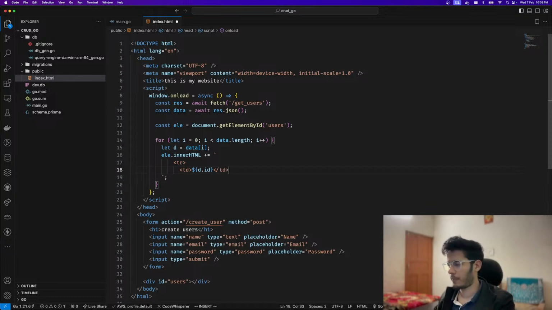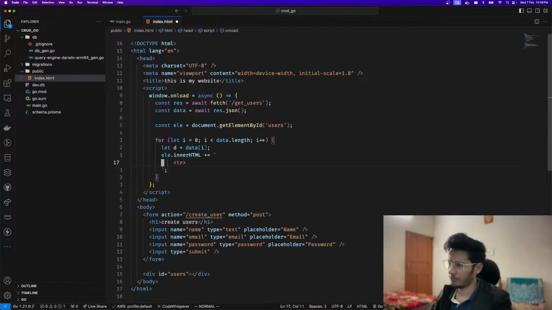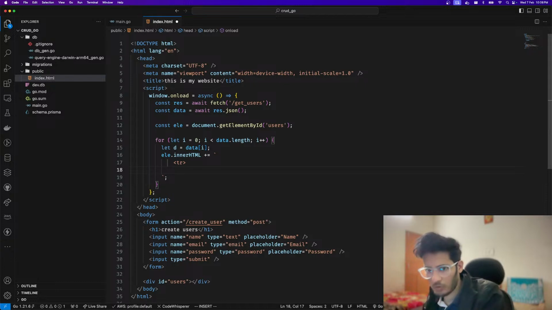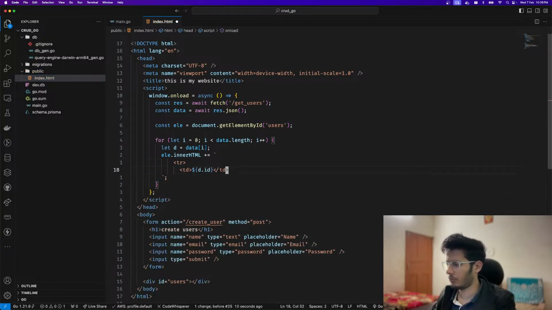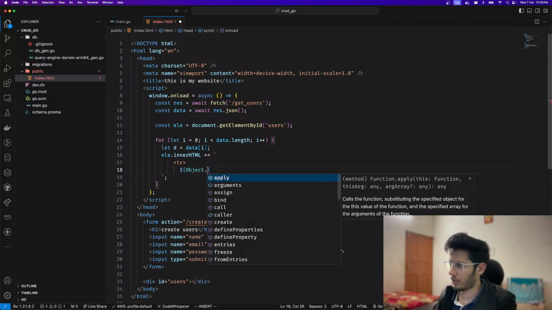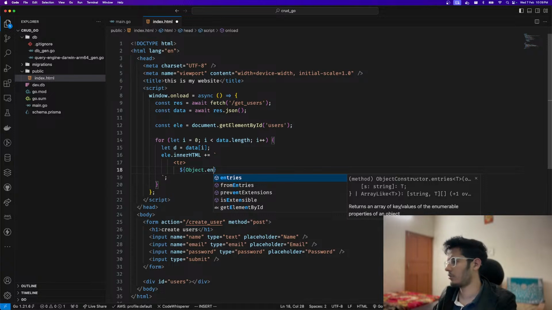I can be a little smart over here. So rather than doing this, what I can do is, no, what was I doing? I don't want to do this because I don't want to write all of these things one by one. So I'll just be a little bit smart, and I'll just do object dot